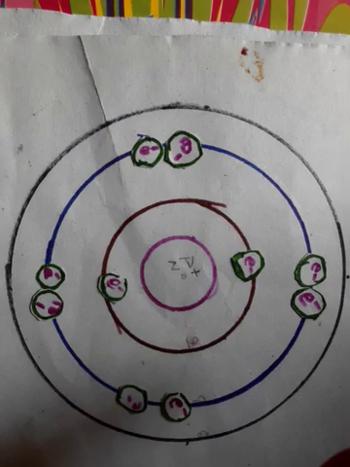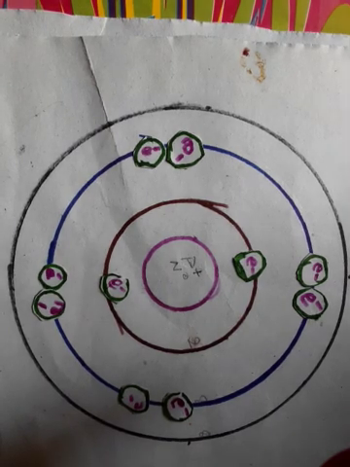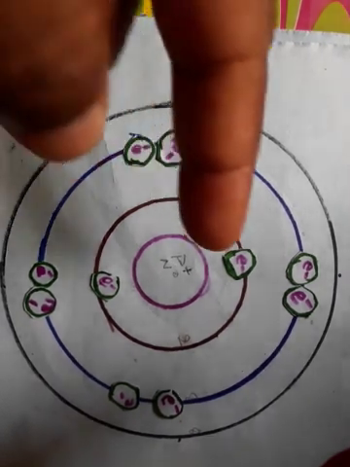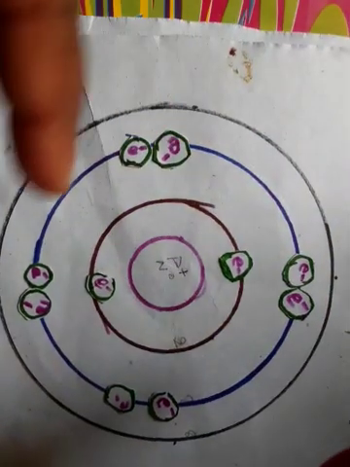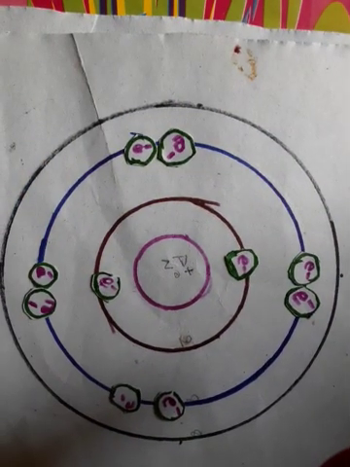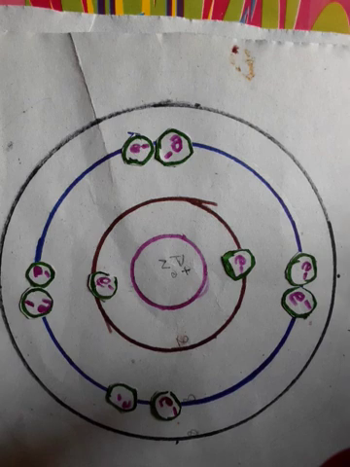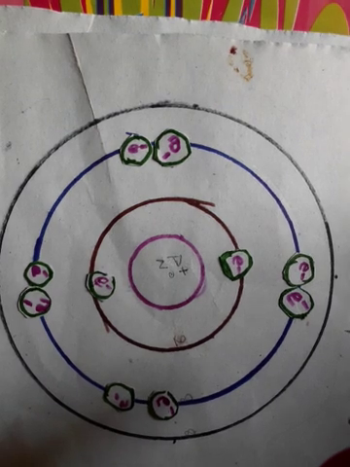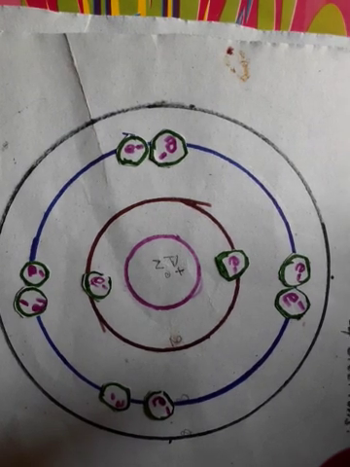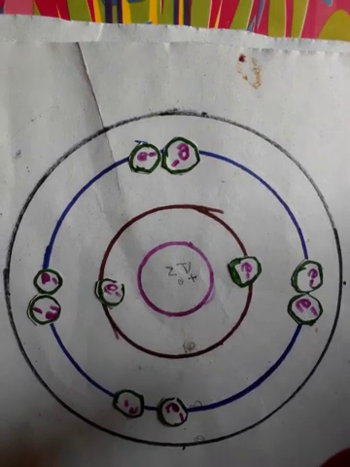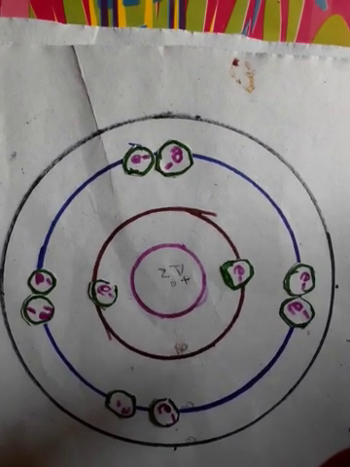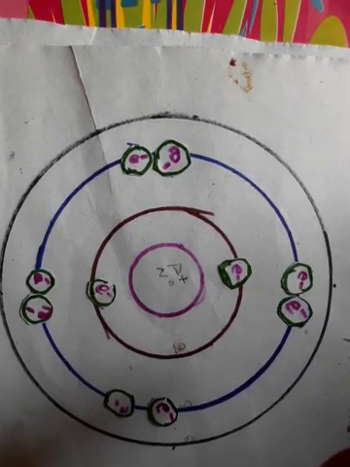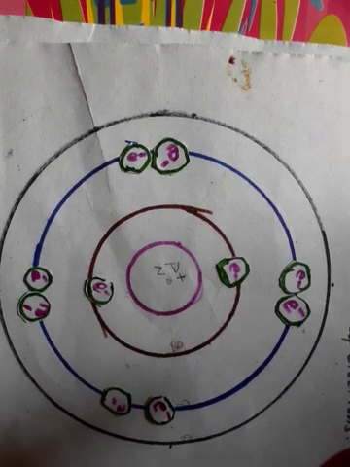Which atomic structure is this? So on the basis of electrons we can identify: 1, 2, 3, 4, 5, 6, 7, 8, 9, 10. And while counting, hydrogen first, helium second, third lithium, beryllium, boron, carbon, nitrogen, oxygen, fluorine, neon. So neon is in serial number 10, that means it has 10 electrons. So this is the atomic structure of neon. So hope students, you understood how to draw the atomic structure and you have corrected the work which I gave in the previous video.